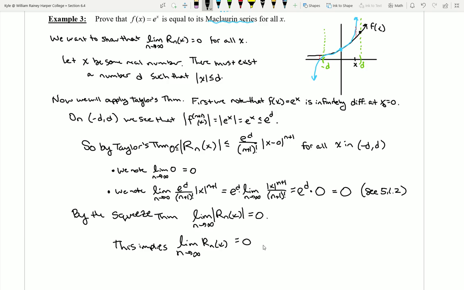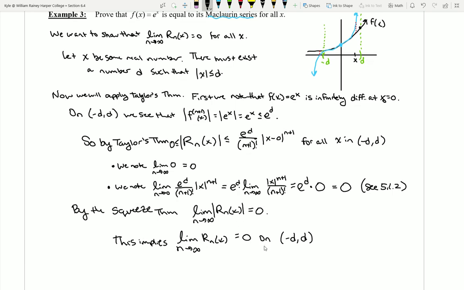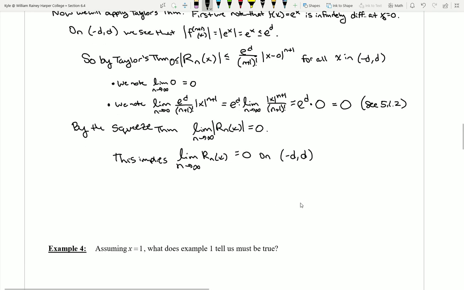Notice, though, what we've shown here is that the remainders, these red gaps, will actually completely disappear on the interval negative d to d. But notice, wasn't d just kind of an arbitrarily selected value? It was just something that was bigger. So could I pick d to be a billion? Sure. Could I pick it to be a trillion? Yeah. Could I pick it to be a trillion to the trillionth power? Well, of course. So ultimately, since there's no bound on d,